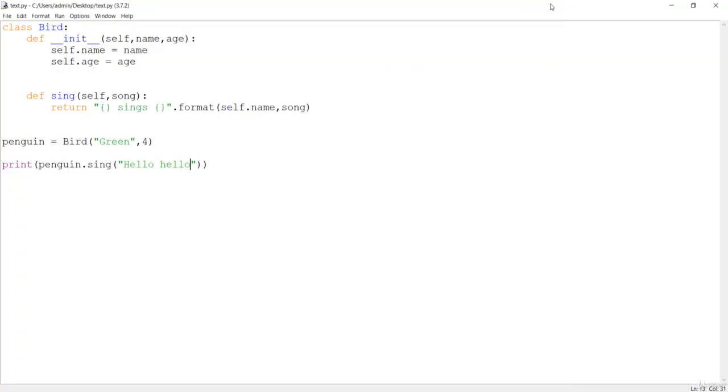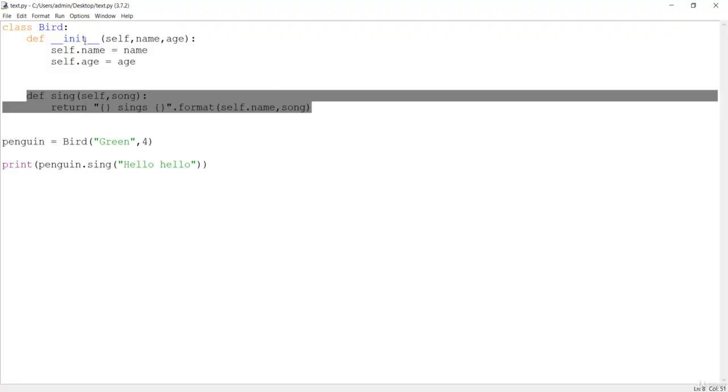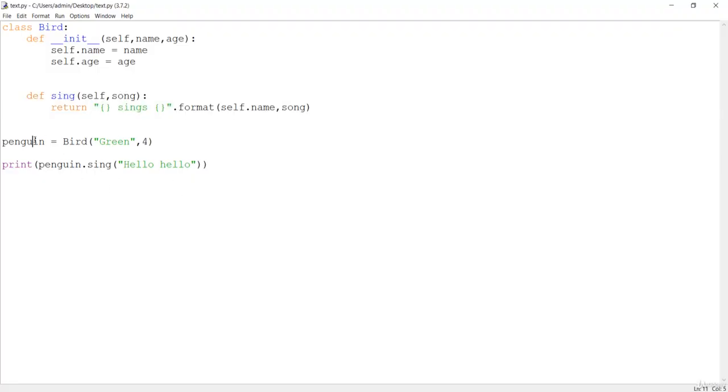That means we have now successfully called this sing method of this bird class from this object, which is the penguin object. So you can see we are making the instances here. This is an instance, which is obviously the object penguin, and it is created from this bird class. If you just make the instances, the method that is going to be invoked automatically is this init method, which is obviously your constructor, and this self is just denoting this object. That means we don't need to pass anything to the self, and after that are all the positional arguments which should be passed while calling this bird class, with green as the name, 4 as the age.